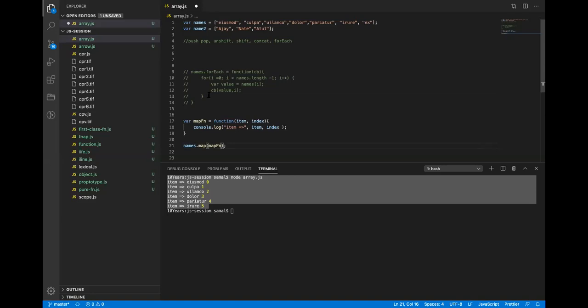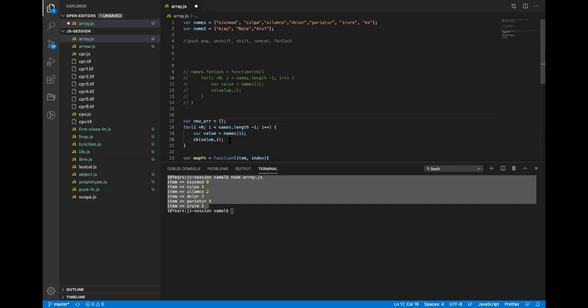Again, if I write this using a for loop, what I have to do, let's say if I want to change the values inside the array, is create a new array, an empty array.